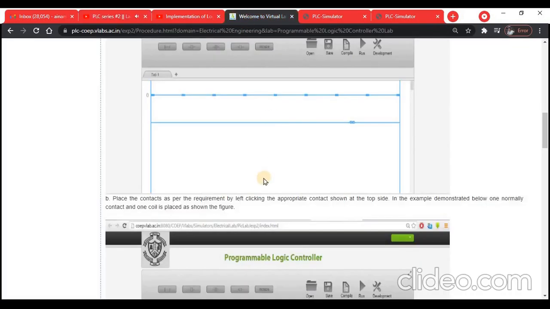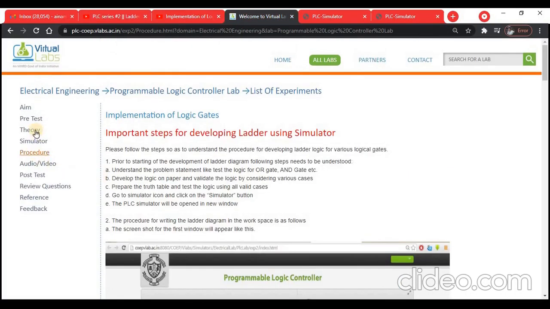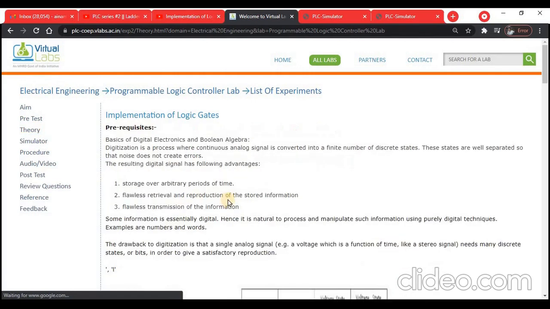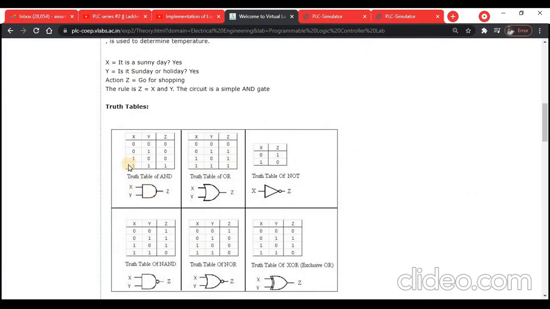You can see here, for AND and NAND logic, two tables are here. For AND logic, if any input is 0 or both the inputs are 0, the output is 0. Both the inputs should be true for the output to be high in case of AND logic, and for NAND logic, it is the opposite of that.